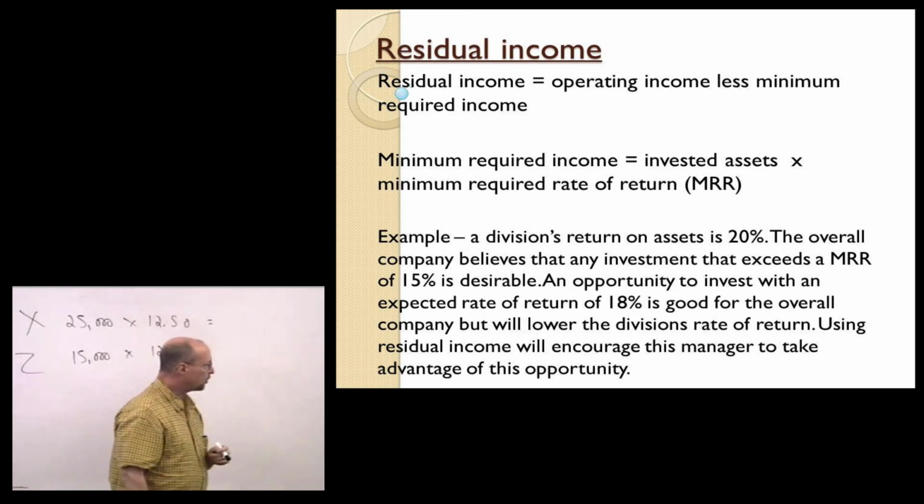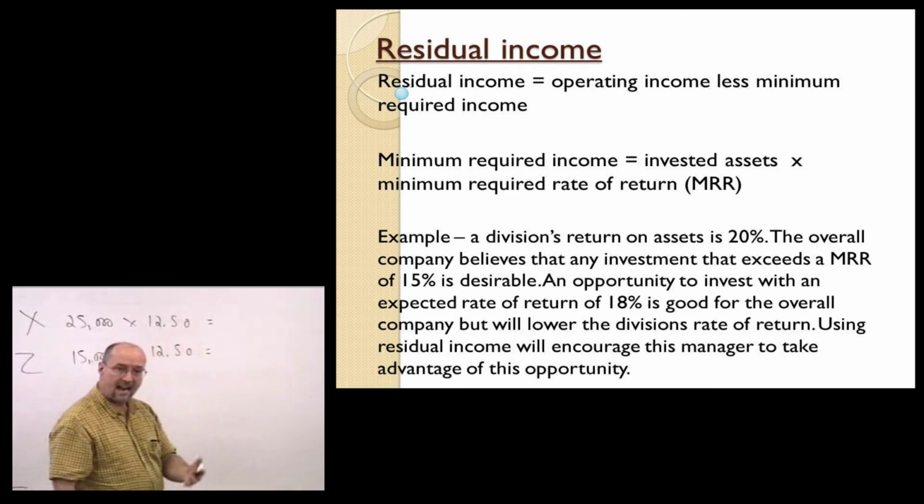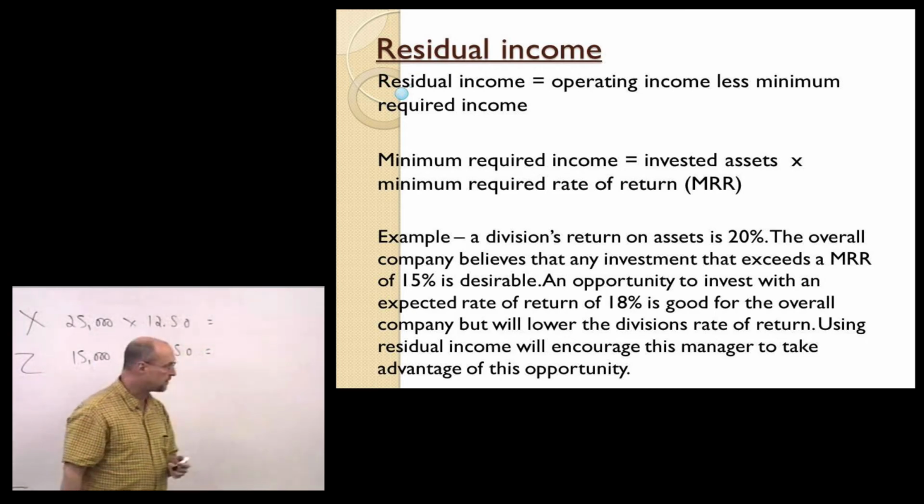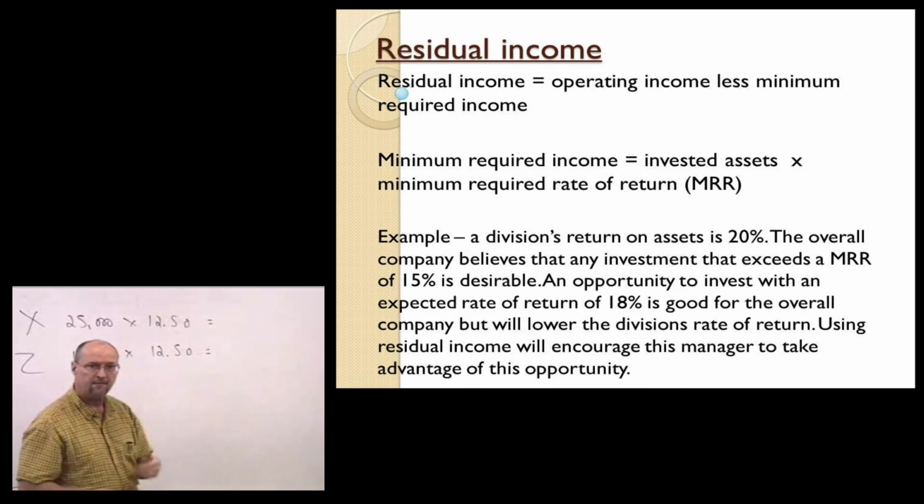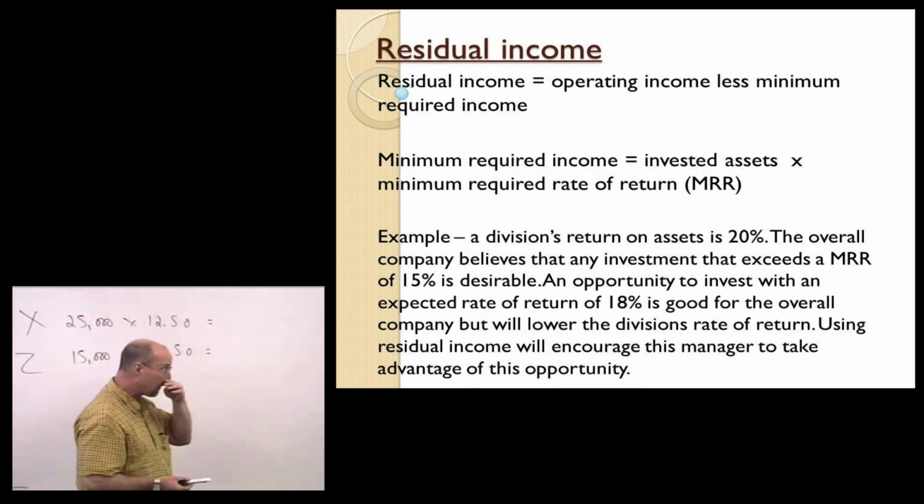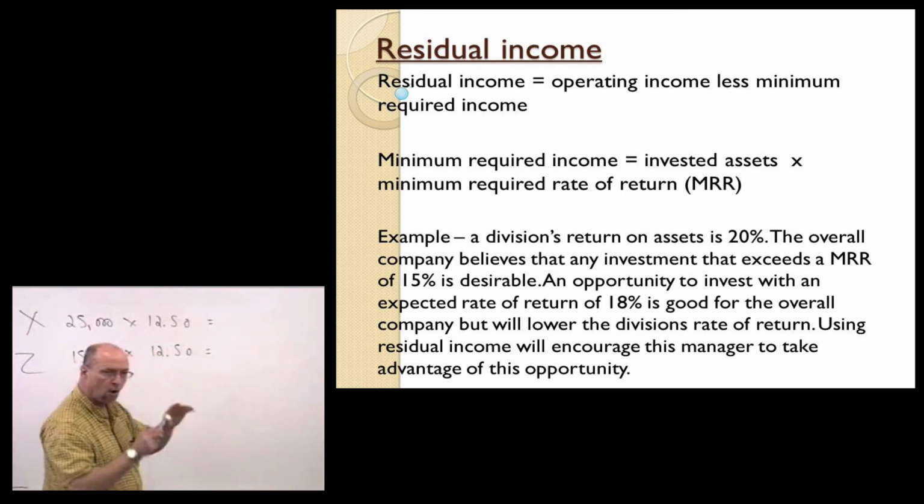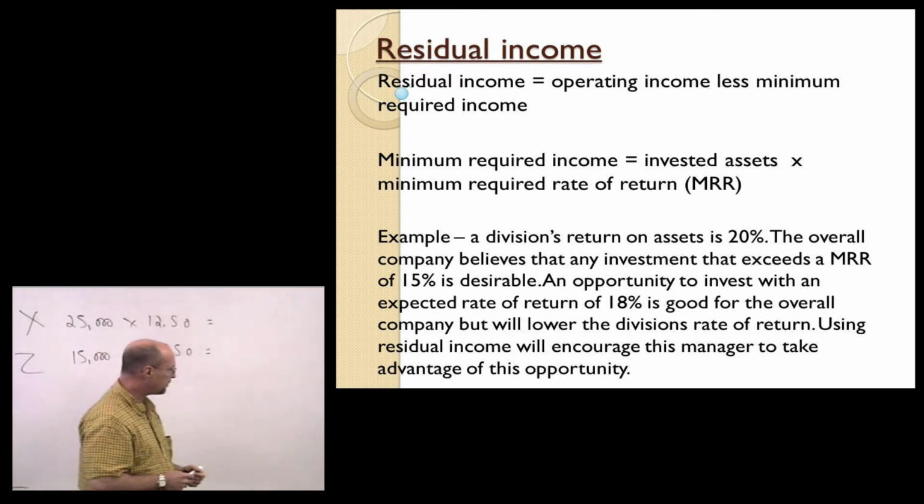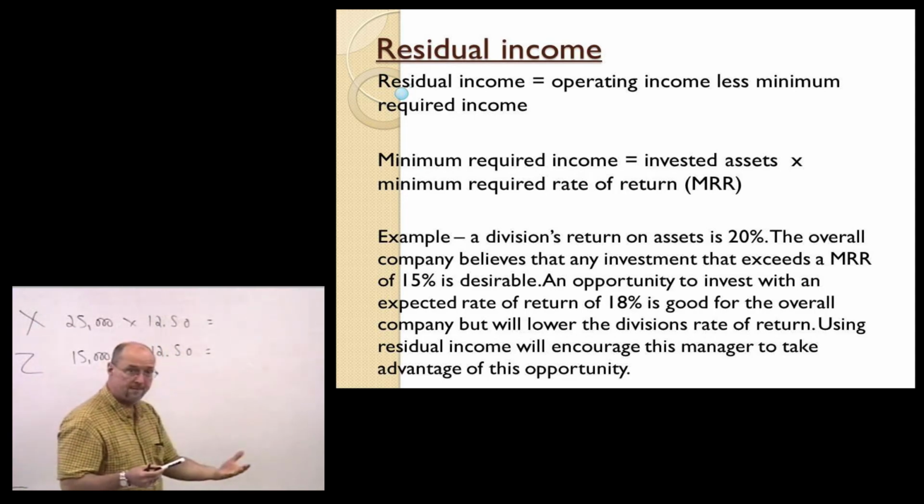A division's return on assets is 20%. This is their actual performance. They earn 20% on assets, and they may be evaluated based on their rate of return. The parent company believes that any investment that exceeds a minimum required return of 15% is desirable. And we have an opportunity to invest in, maybe it's buying another company, building a factory. We believe that we're going to have an expected rate of return of 18%, and this would be good for